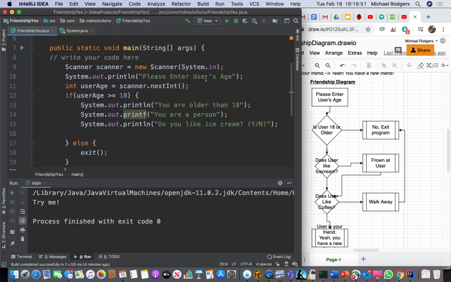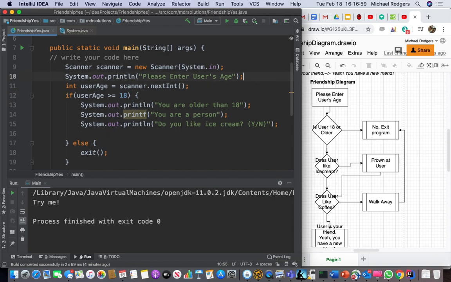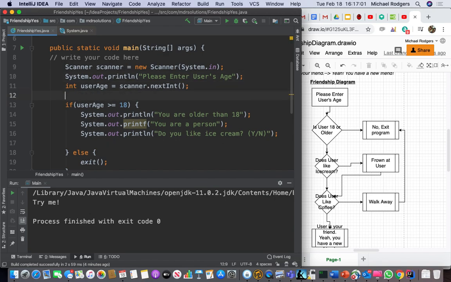Okay. So let's do this. We're going to say system out print line, enter user's age. We have the scanner. Then we say system out print line,